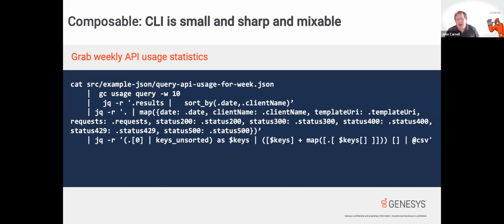Okay, so I'm going to show you a real simple example, and we're getting close to the demo. But here is an example of the idea of us being small, sharp, and mixable. We want things to be composable. So one of the things, and this came from an actual real life intervention that we did with a customer to try to figure out why some of their integrations were failing, is we needed a mechanism to go out and report usage queries to basically find out how many calls were happening for each of their client credentials for